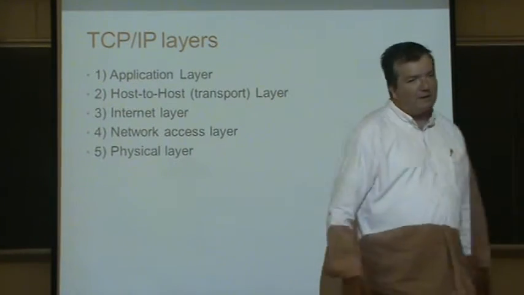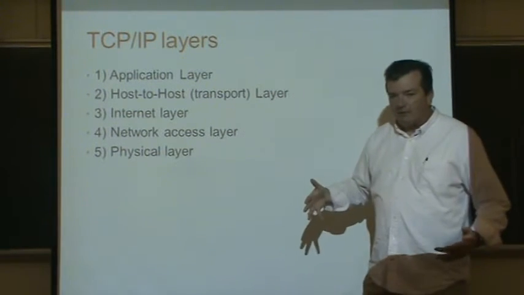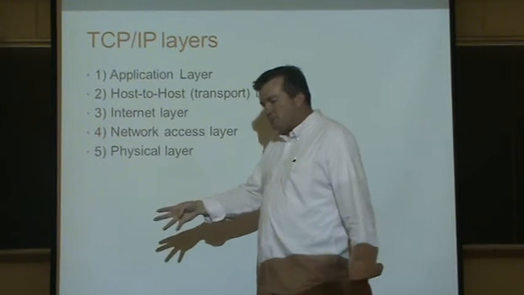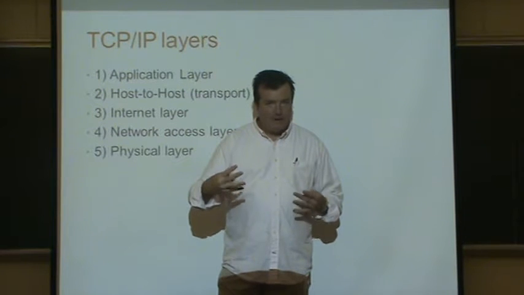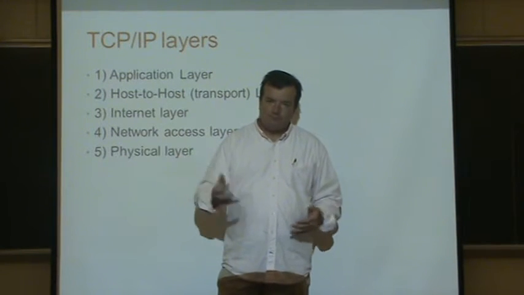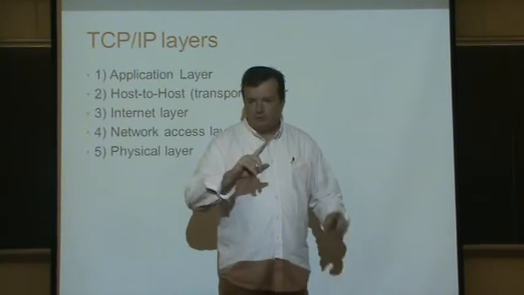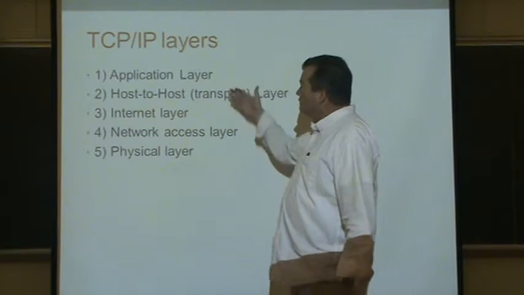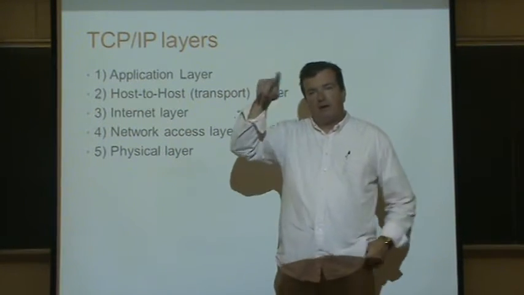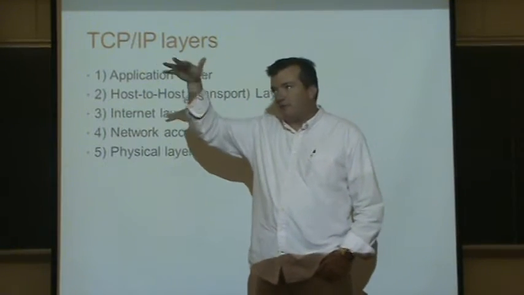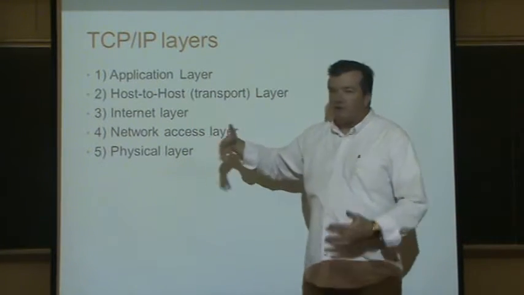So the TCP/IP layers are basically, first, the application layer. For example, if you're on a Windows machine and you bring up Chrome, which is Google's web browser, or you could bring up Microsoft's Internet Explorer, those are two different examples of applications. You bring up an application, and that's what you type your message into. You type http://www.facebook.com and hit enter. Your application is Chrome in that example.